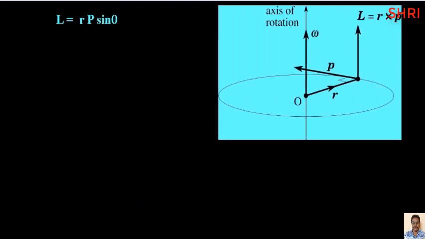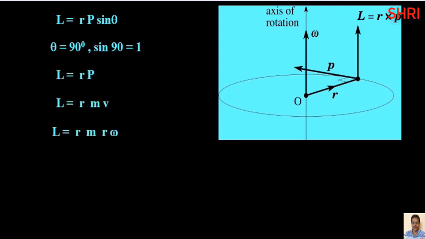It is very simple. Suppose this particle is rotating about this axis of rotation and performing circular motion along the circumference of a circle with radius r. P is the momentum of the particle, then moment of momentum is given by r p sine theta. Now in this case theta is 90 degrees and sine 90 is 1. If we keep this value of sine 90 equal to 1 in the above equation, we get this equation.